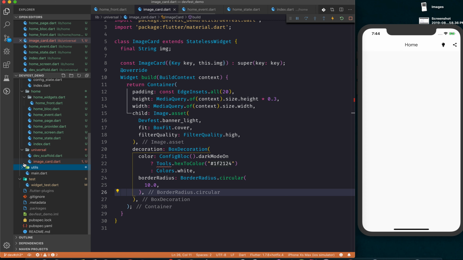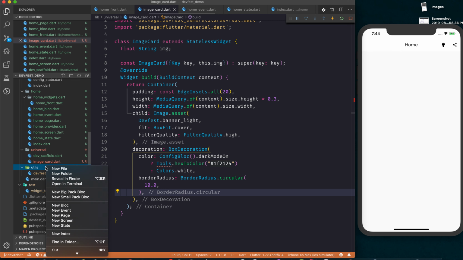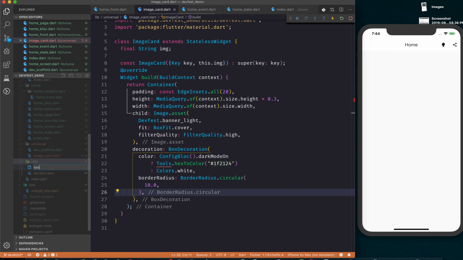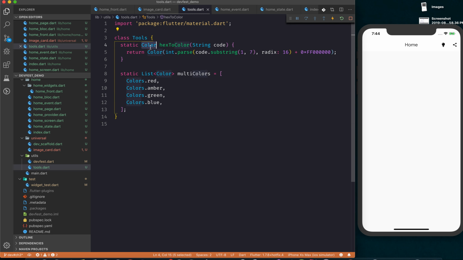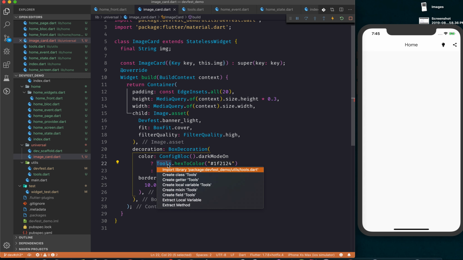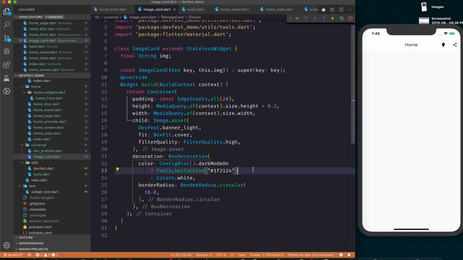Now I will go to my utils class, or you can create it anywhere, but here in the util class I will create a new file, tools.dart, where I can write some tools, like how to convert from hex to color. So I'm gonna paste it. This is a class Tools with a static hexToColor method. It's not doing anything special, it's just converting a particular hex code to a color. And then we have a static multicolors list where we have red, amber, green and blue, which we are gonna use later. But now coming to image_card.dart, we are importing this particular hexToColor, and now